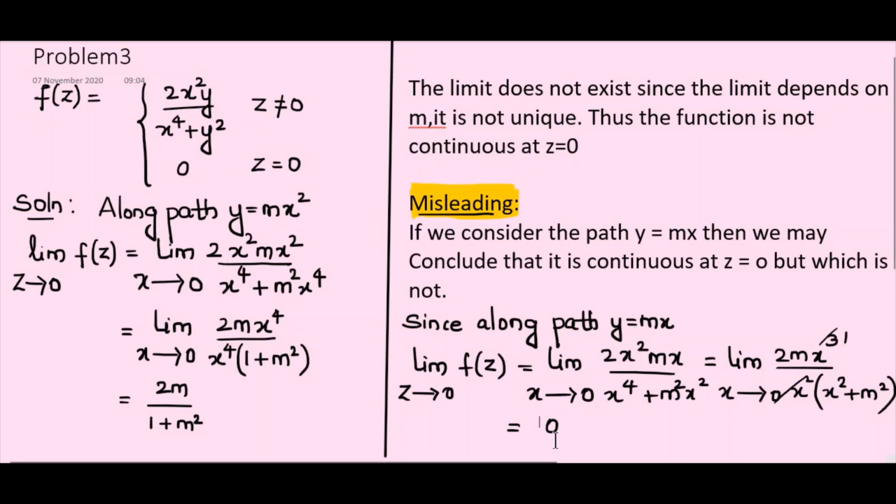So, if you take y equal to mx, the limit is going to be 0, but there is some other path. This is the contradiction. We have taken another path where the limit is not unique, and you will still get 0 when you consider this path when you take m as 0. When you take m as 1, you will get the limit as 2 by 5. Therefore, you should not always consider y equal to mx, because there are some other paths where the limit may not be the same.